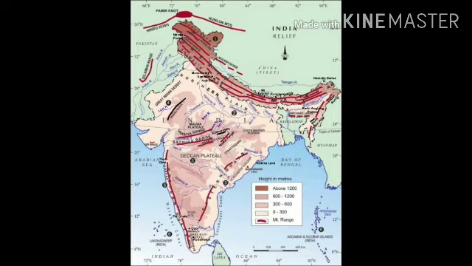So these are the three parallel ranges that we call the Himalaya, and the total length, students, of the Himalaya is 2400 kilometers. To the north, students, it is broader, but to the east it is narrower, so it has different widths. As you can see, students, the northern part is broader, with a width of 550 kilometers, but here you can find 150 kilometers, students. Okay, so this was the Himalaya, students.